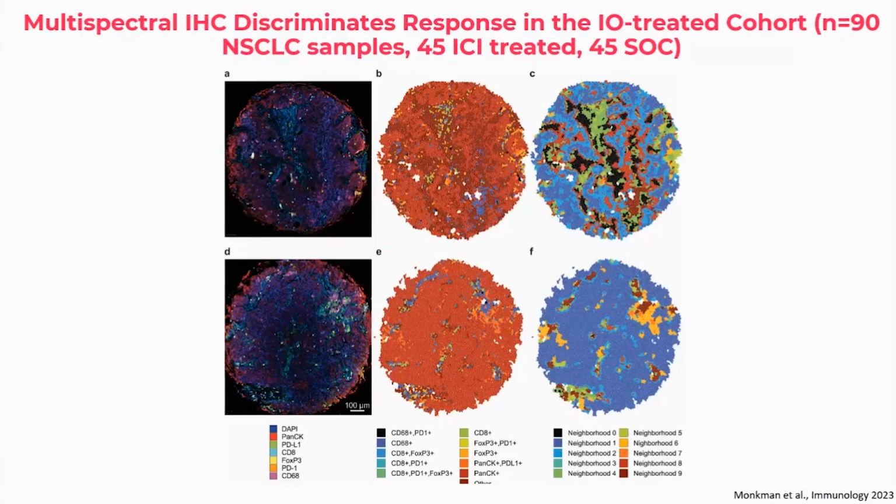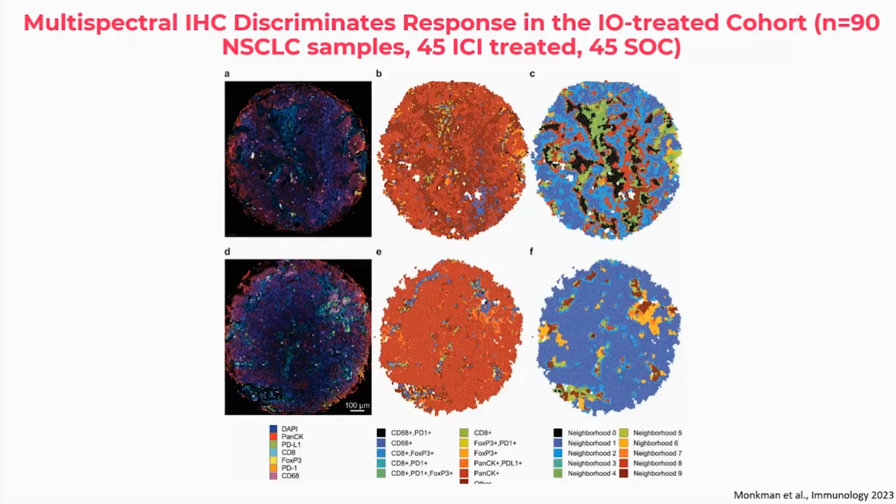So a cellular neighborhood is using a k-nearest neighbor analysis. It's saying that my tumor cell might be next to a CD68 cell, might be next to a FOXP3 expressing cell, and so on. We identified each individual neighborhood within each individual patient sample or core, and then we extrapolated it to the 90 patient cohort.